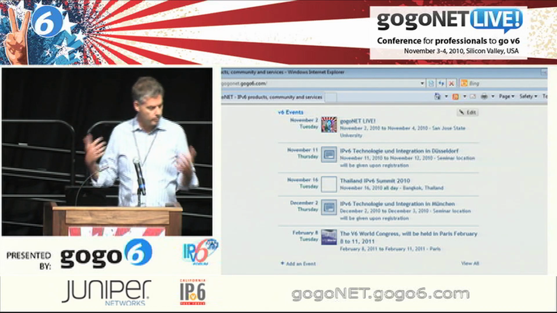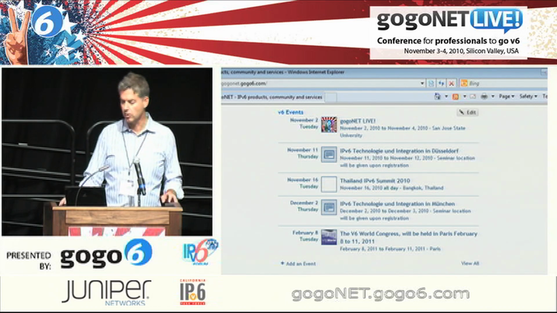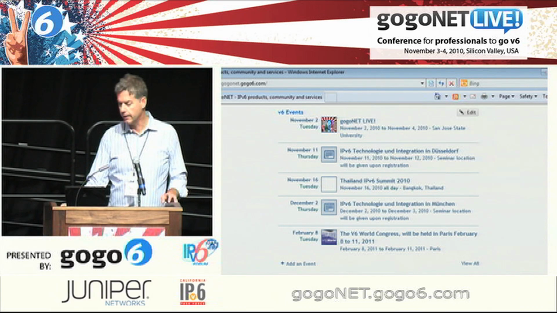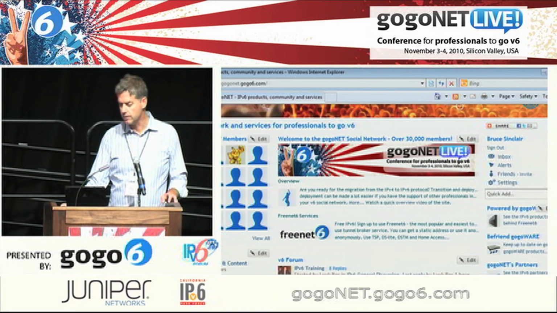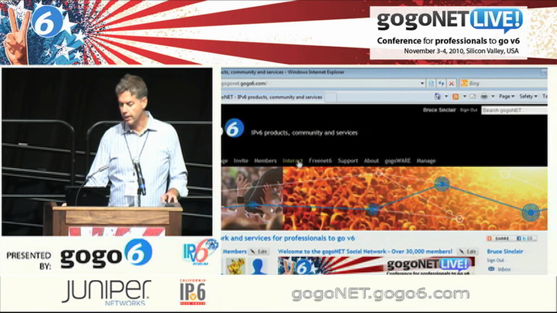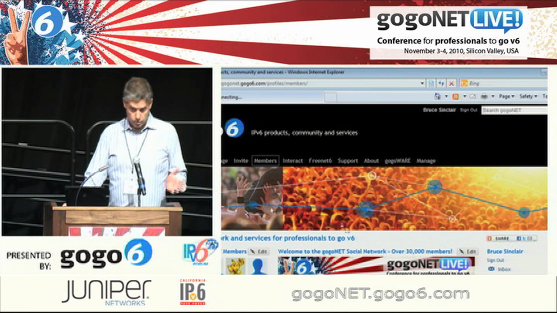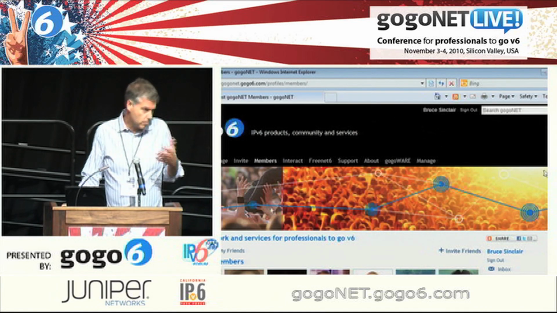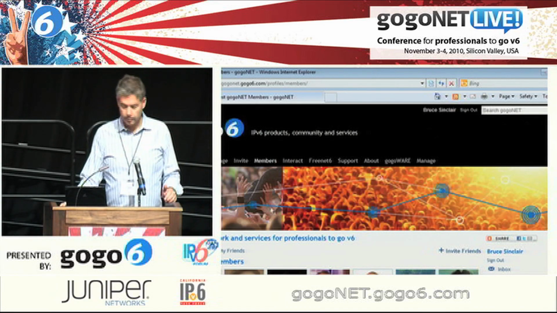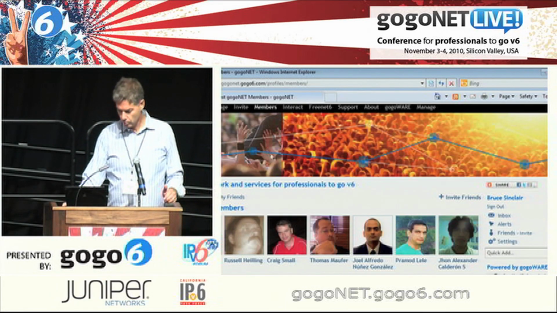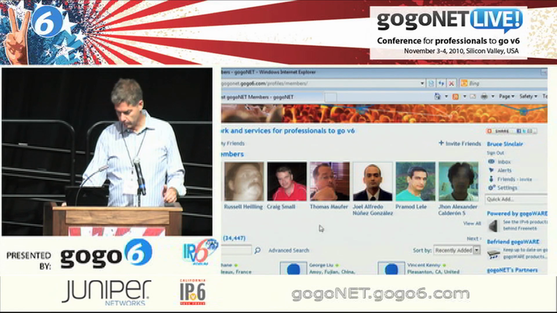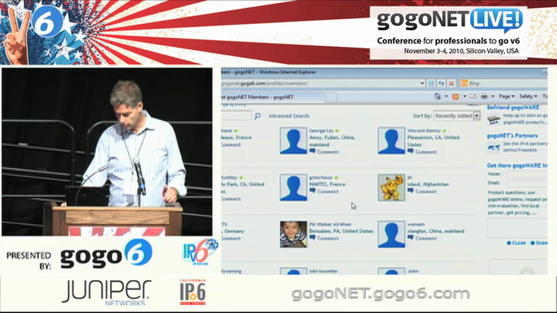So this is like a snapshot. If you're interested in V6, then this is a good place to go to get a snapshot. Further than that, if you're in any of these particular topics, you can drill down, go to members. Anywhere here there's a search, so if you want to search for somebody and they're in V6, it's getting to the point where they're likely here. You can see the overall member count, and the people that are online now. There's 32 people online currently.